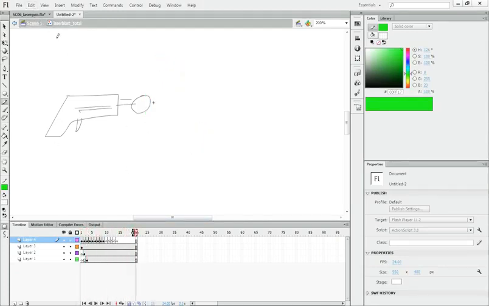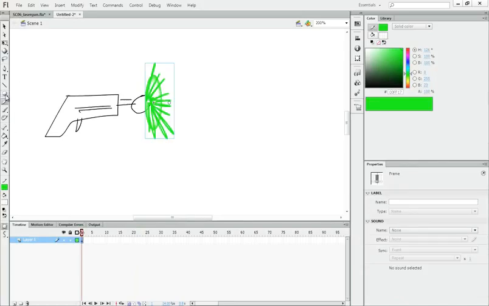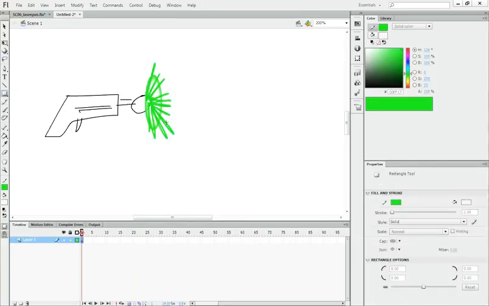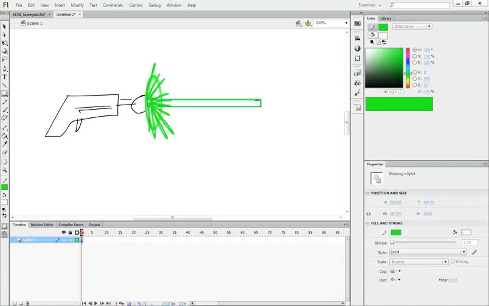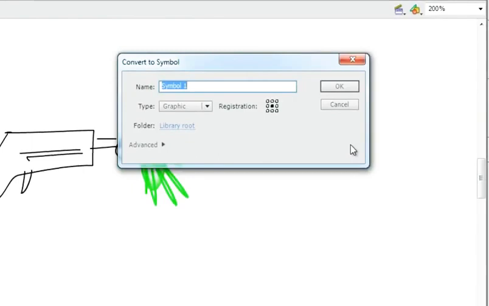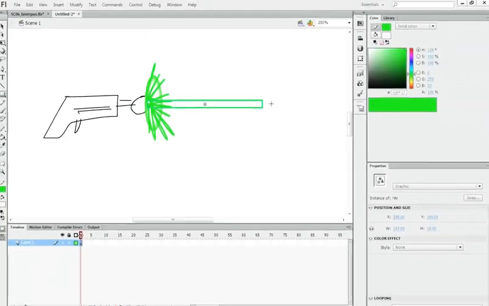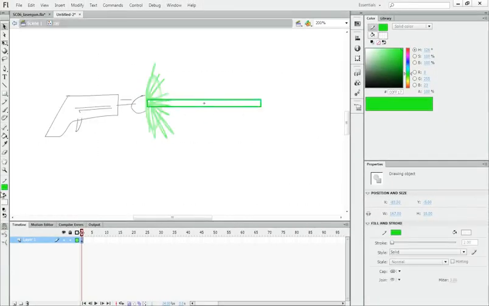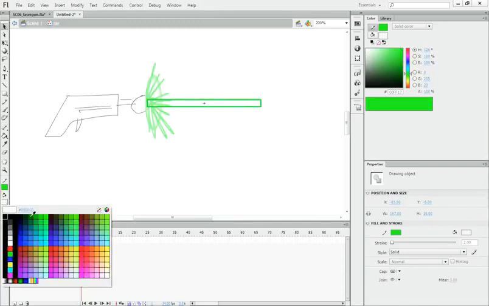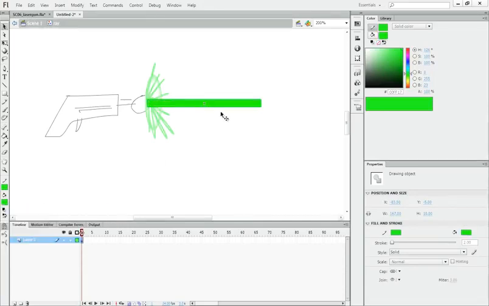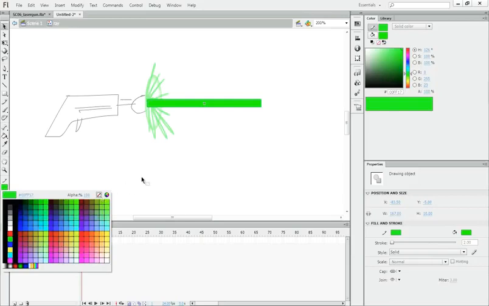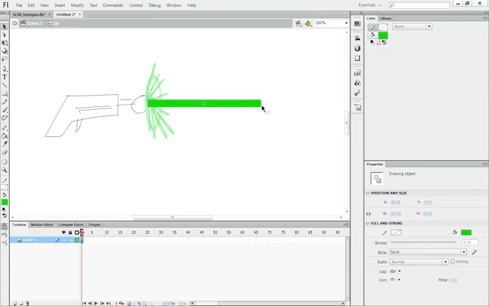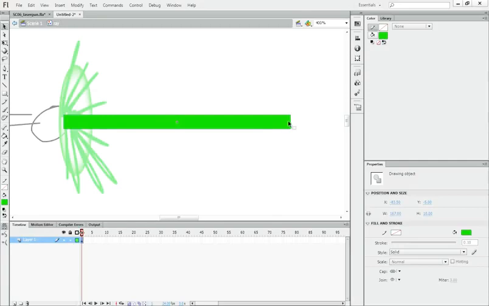Cool. Now all we need to do is add an actual ray coming out of it. So let's take the rectangle tool and make a rectangle. And then we can make a new symbol, F8, call it ray. And then double click it, and then make sure it has a fill like that, and then get rid of the stroke. So I'm gonna make mine shaped with a kind of curved front,